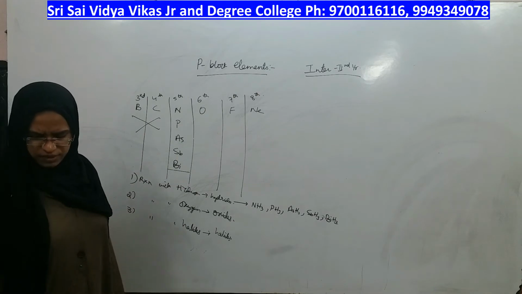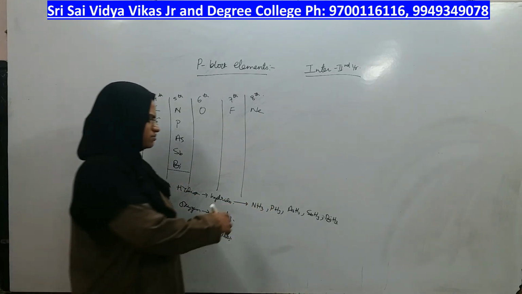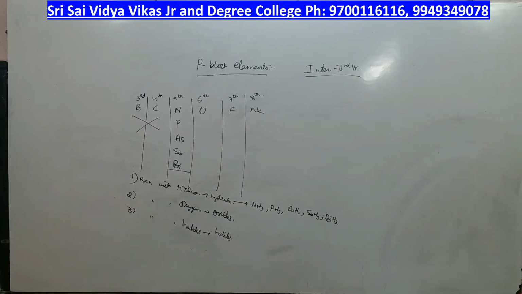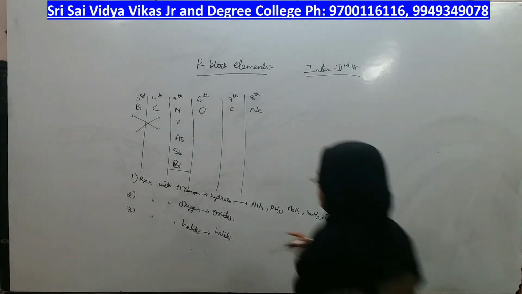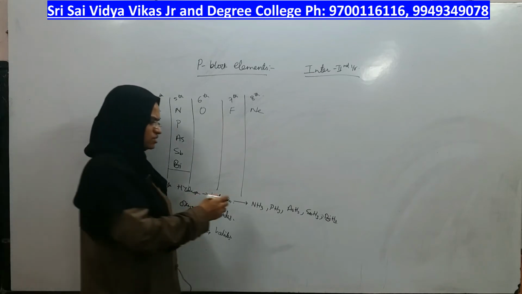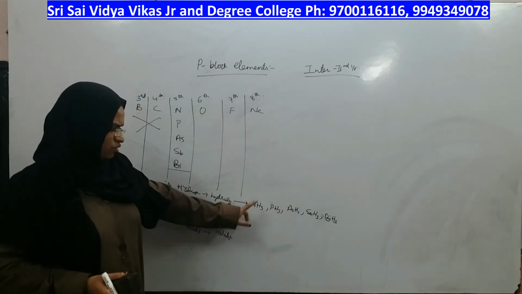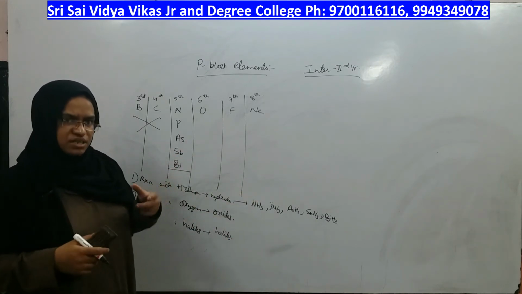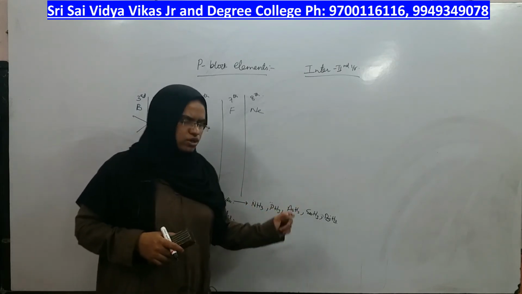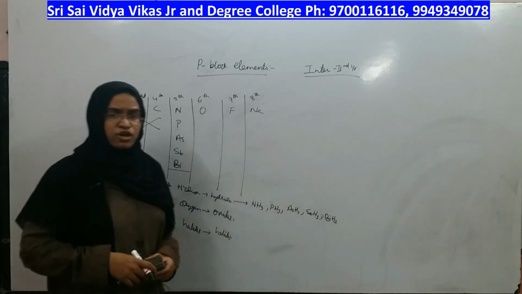15th group elements. In this group, what happens to the reducing nature and the acidic nature is, from top to bottom, hydrogen becomes more acidic on this element, therefore acidic nature changes from top to bottom. If you compare the basic nature of these hydrides, what does basic nature mean? It is their ability to act as a base, which means a lone pair of electrons has to be donated or protons accepted. Basic nature depends on the electronegativity of the central element. But what is happening to electronegativity from top to bottom? It is decreasing. Therefore, the basic nature of these hydrides decreases from top to bottom,